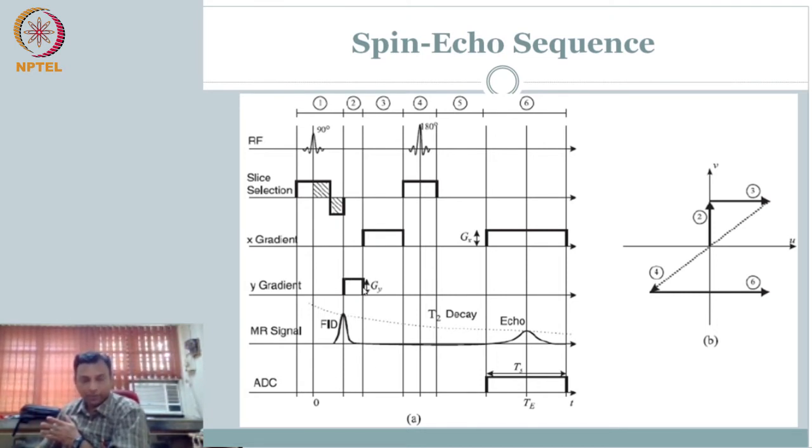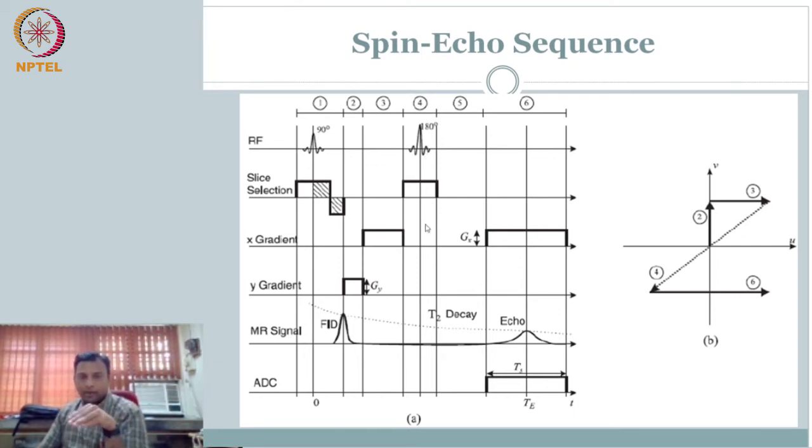The moment I apply phase encoding, I start frequency encoding. However, if it was just recording the signal, then this is good enough. With phase encoding, frequency encoding, I would have got the signal. But this is not what I want. Now I am applying a 180-degree pulse. It starts to dephase. Quickly thereafter, I am applying a 180-degree pulse. What this 180-degree pulse does is it groups the signal together.